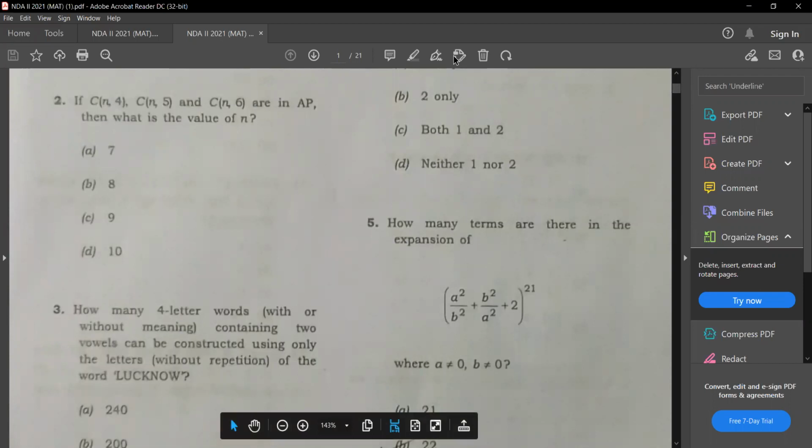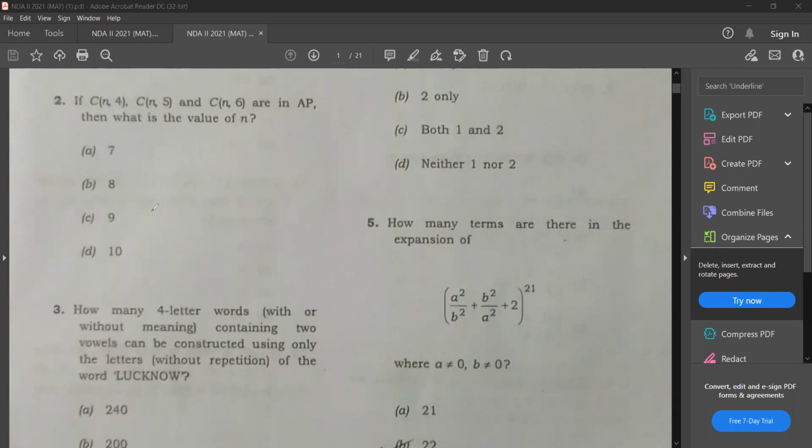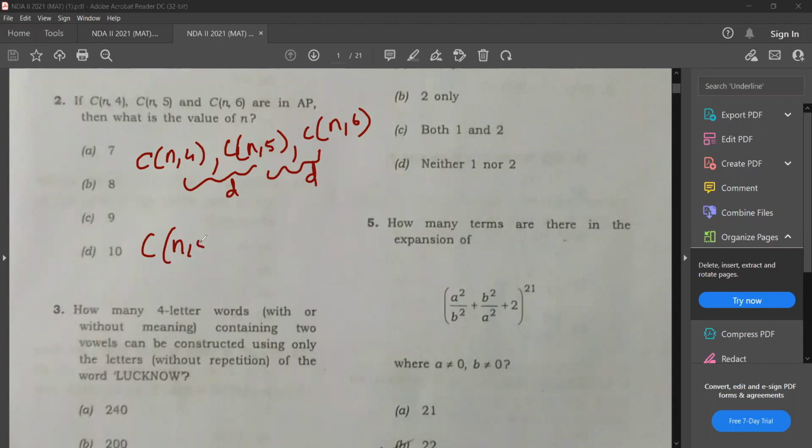If C of n comma 4, C of n comma 5, C of n comma 6 are in AP, then what is the value of n? Okay, so we have C of n comma 4, C of n comma 5, C of n comma 6, isn't it? So these are in AP. So these are in AP means they will have a common difference. So C of n comma 5,